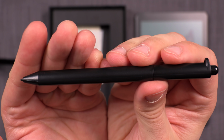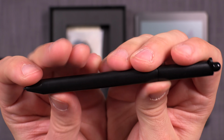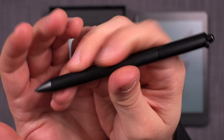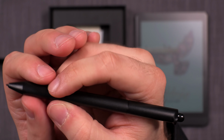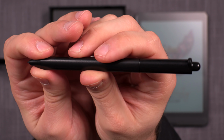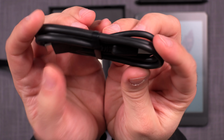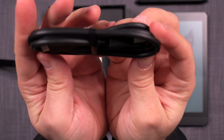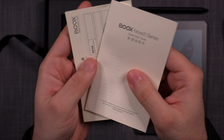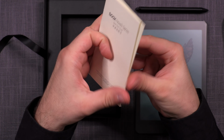We get the new pen that's going with, I guess, all the devices. Nice soft top, triangular shape, and an eraser on the back. It's definitely thicker and bigger, and generally it feels like a better quality pen than the original small one, so that's actually nice to see. And we get a decent length USB-C cable that seems to be okay, not too long, not too short. And we get the warranty card and the Boox Nova 3 series quick start guide,